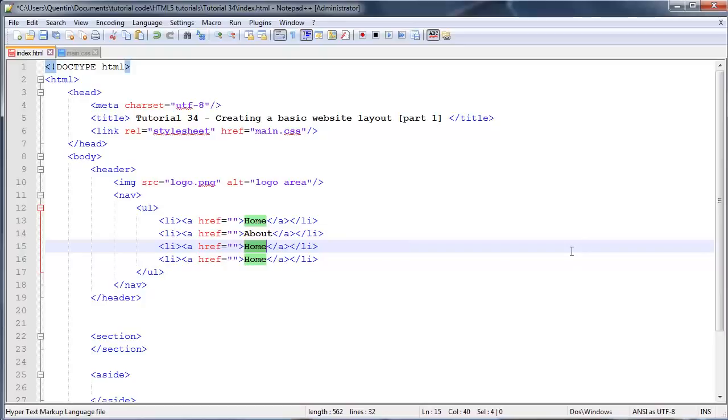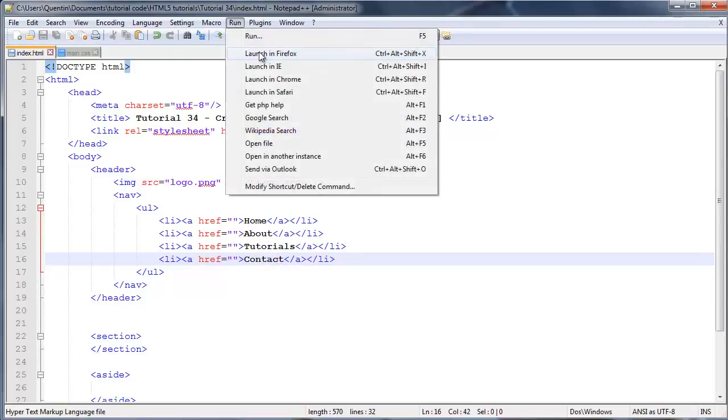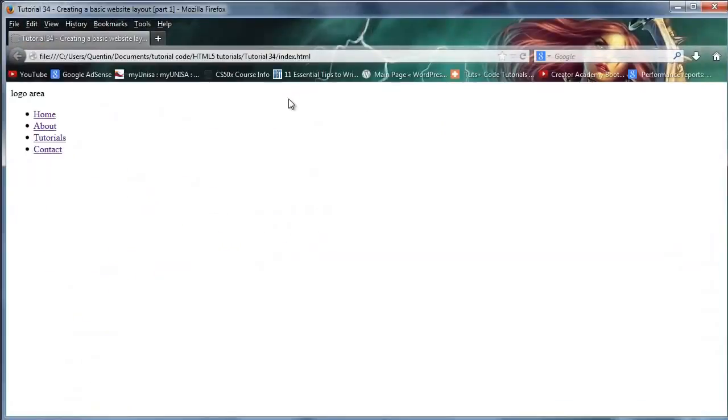Other than that, let's do a tutorials page, just because I make tutorials, so that's all I'm thinking about right now. And as the last link, we can place in a contact page. Okay, so these pages don't exist right now, so we're leaving the href blank, but the links will still show up. So if I run this in Firefox, we have the logo area,